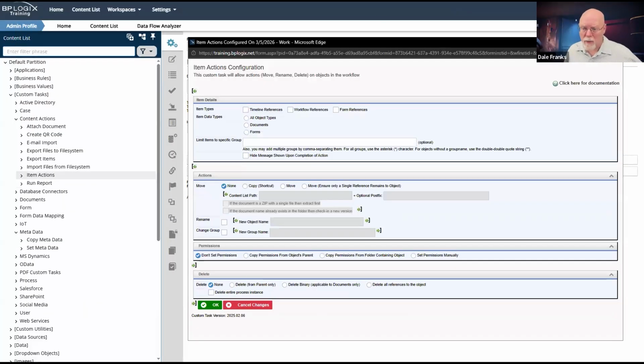You can change permissions. You can make copies of them. You can delete them. You can move them between folders. Again, if you see this kind of setup at the top, where I can choose what references I want, whether it's form, timeline, or workflow, whether I can pick all object types, documents, or forms, limit items to a specific group, you're looking at a very powerful custom task, which largely can be called anywhere that you want to call it.